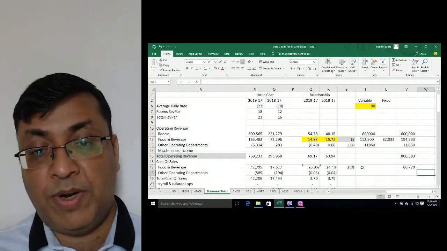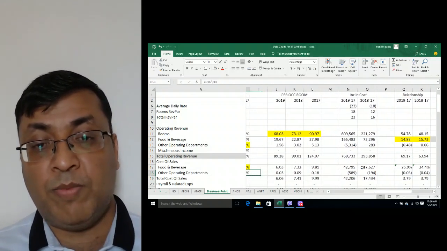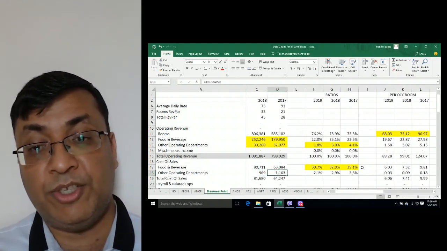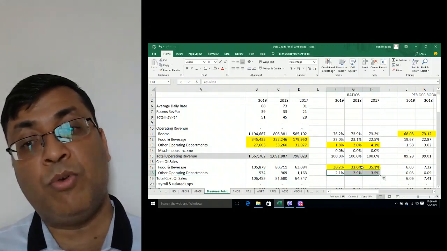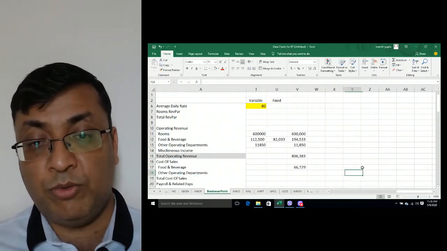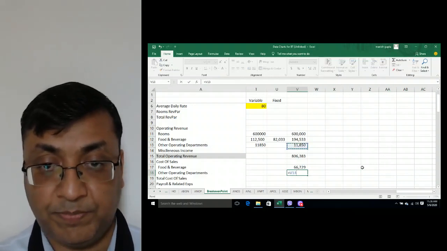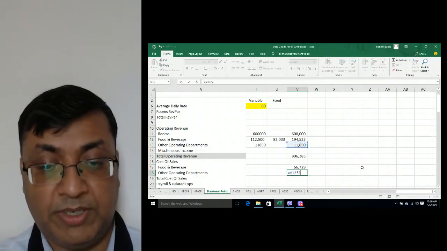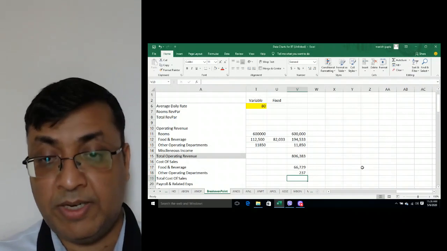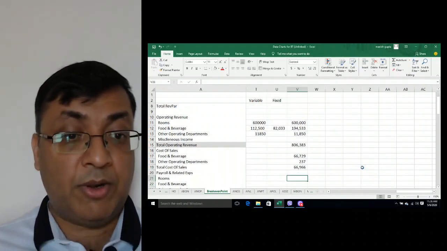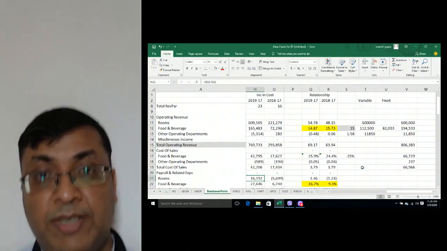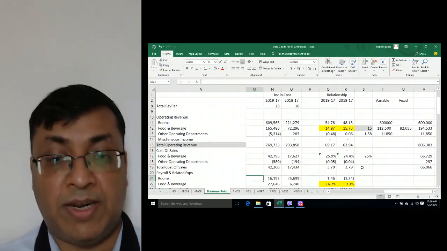Now our other operating department, since we know that other operating departments are not showing any relationship, however the average cost here is about 2%. So let's say we can assume 2% as the cost into 2%. So our other cost of sale becomes 66,000. Now the payroll cost is important to understand. So how the payroll costs are impacting.